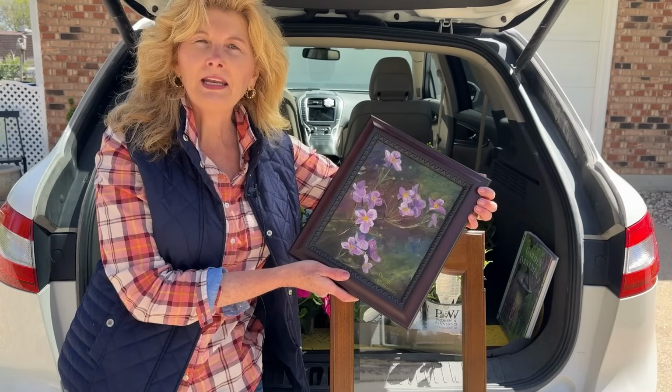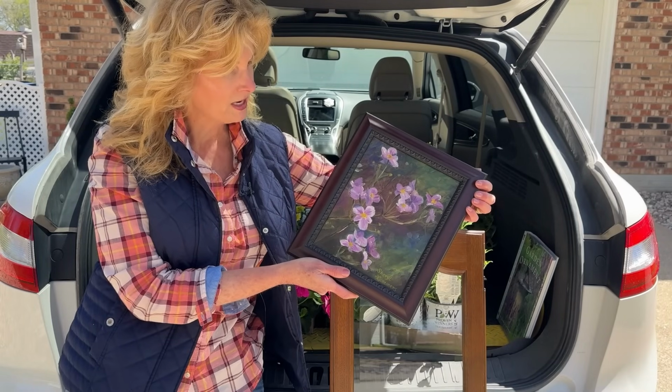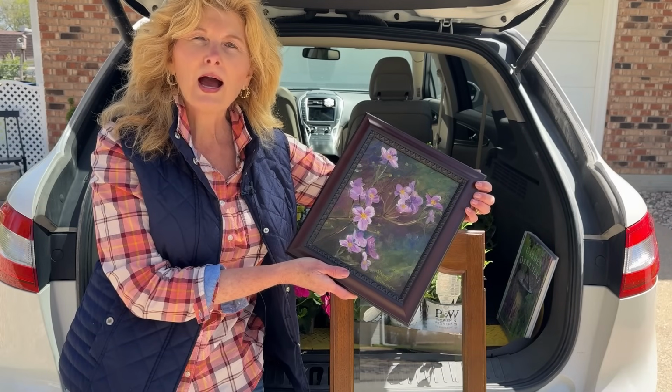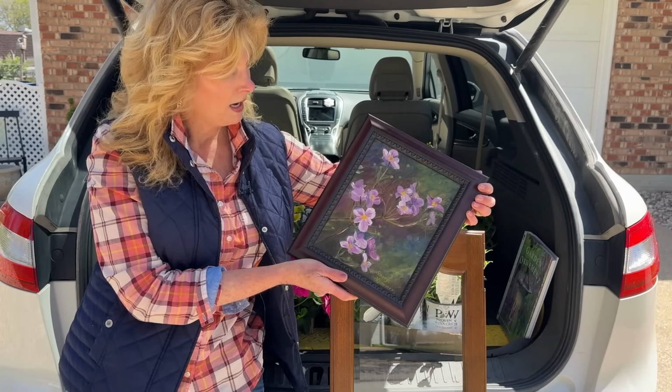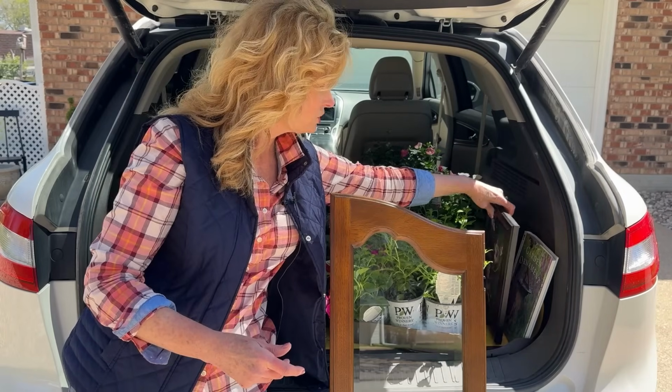And so I got the painting. I thought the painting was really pretty with those purple springy flowers. And I thought that would look pretty either in my office or out in the garden house. But I do like that. Another thing that I purchased